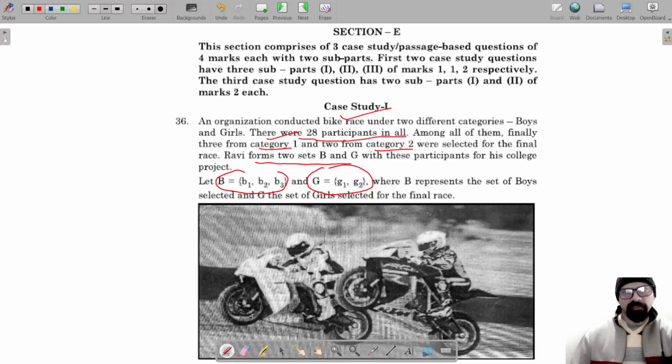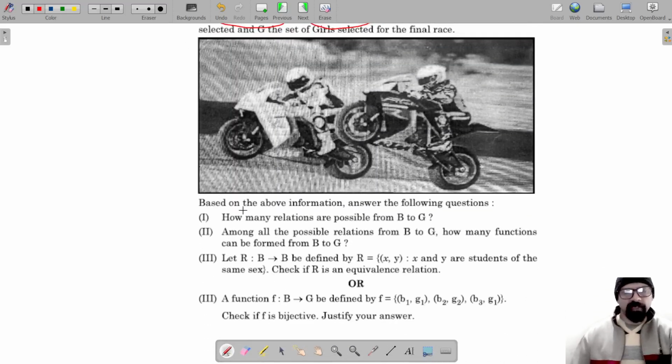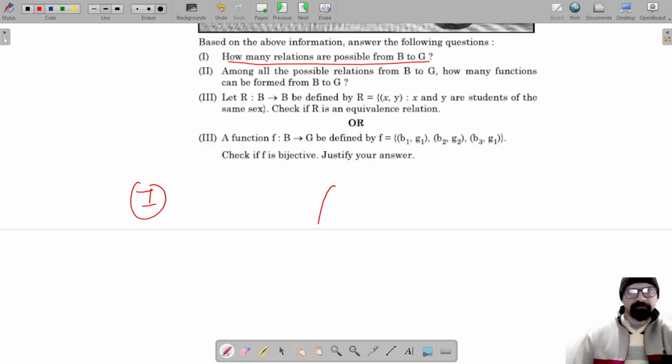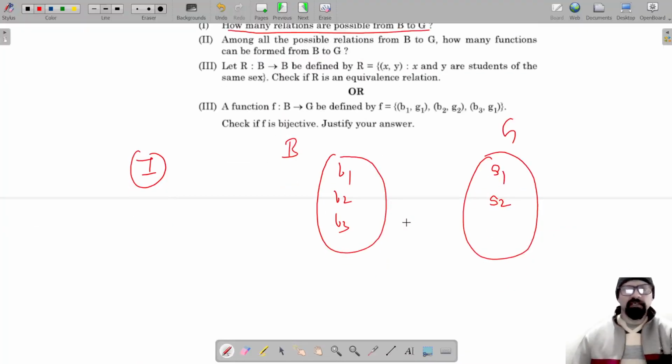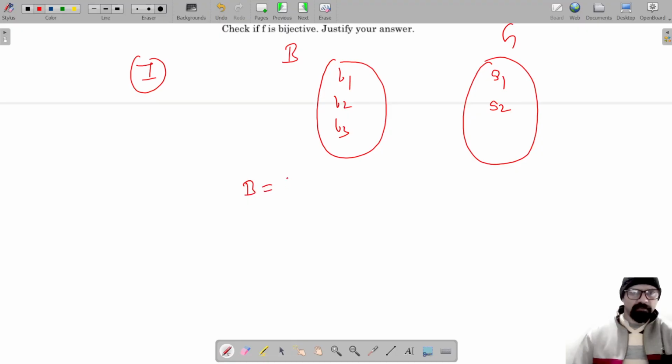और final race के लिए तो Ravi ने 2 sets बनाए B और G ऐसे, and where B is a set of boys selected और G is a set of girls selected। हमें find out करना है above information के base पे how many relations are from B to G। So पहले question में हमारे पास एक set है B जिसमें है 3 boys, और एक set है G जिसमें है 2 girls, so B1, B2 and B3। और यहाँ है 2 girls G1 and G2। और B आपका set है, यहाँ लिख लेते हैं B1, B2, B3। और G set है girls selected का G1 and G2।